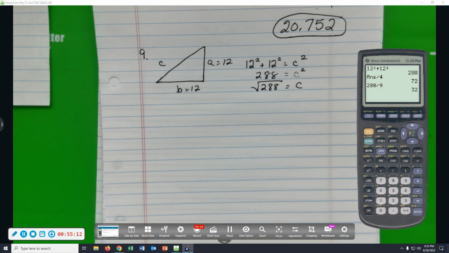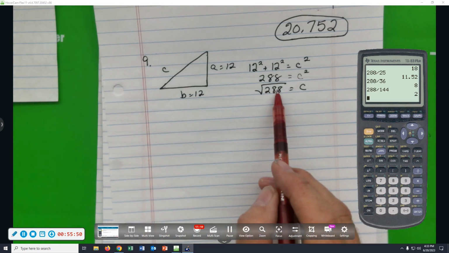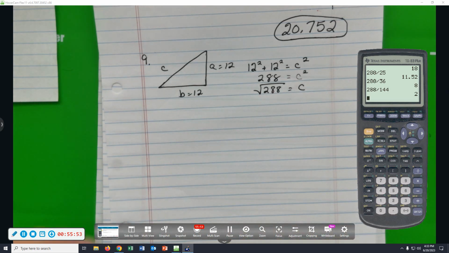4, 9. So 4 and 9 both go into it. 16 does also. What's the biggest one? 25 sure doesn't. Since 4 and 9 both divide evenly, what do y'all think? Does 36 divide evenly? Yeah. But we could simplify square root of 8, so there's some bigger number. Oh, well, duh, I feel so stupid. What's the biggest perfect square that divides evenly into 288? How about 144? So we can simplify the square root of 288 by thinking of it as